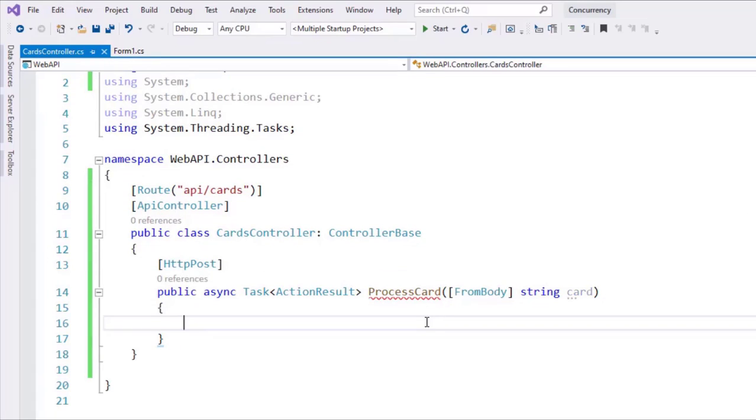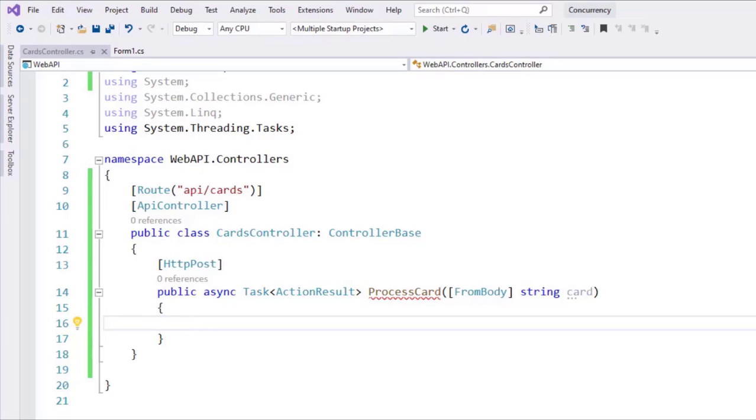Now, something that I want to do here is to be able to use Random. We need the Random class because we want to pretend that some cards will be approved and some others will be denied. And so, in order to randomize that process, we are going to use the Random class. Though we cannot just simply come here and say Random because we are in a multi-threaded environment. And the Random class does not work well in a multi-threading environment, as we will see in the parallelism module. So what we're going to do is introduce a service that will allow us to use